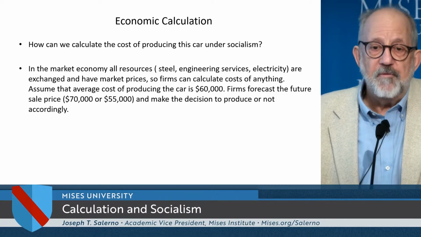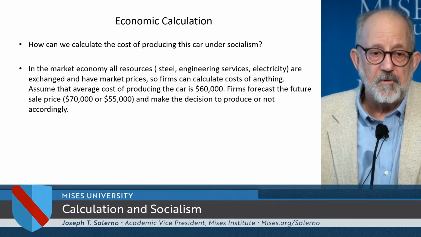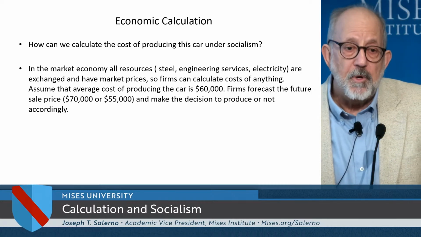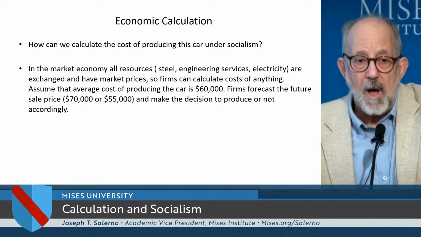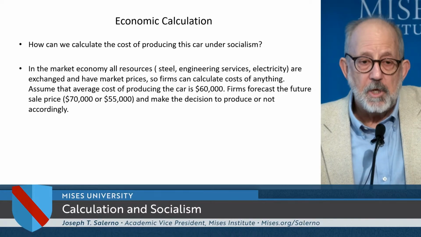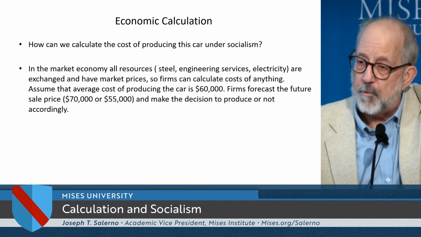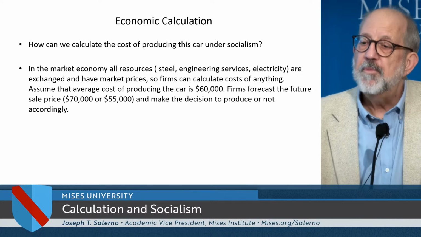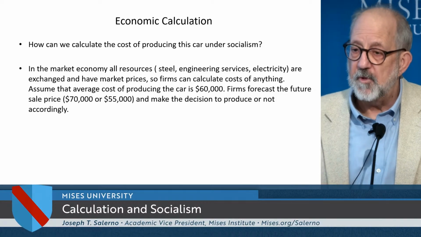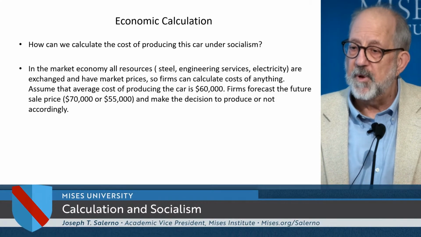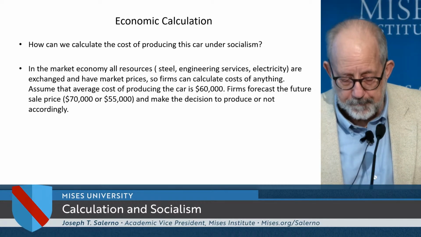Well, in that case, we shouldn't feel sorry for them. They're wasting scarce resources. Those resources could have been used by other entrepreneurs who are bidding for them. That's why the price is $60,000, right? The entrepreneurs are bidding them up in other areas of production to that level because they believe that's the value they will add to the product they will be producing. So they're wasting resources because their product has only returned $55,000. And so the value of the resources that we used was greater than the value to consumers of the output.